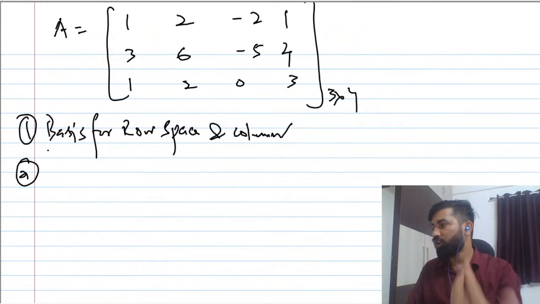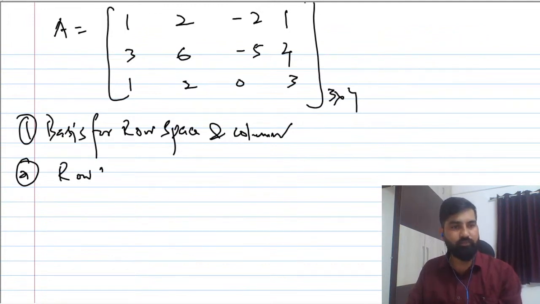सेकंड रो रैंक और कॉलम रैंक क्या आता है इसका, रो रैंक एंड कॉलम रैंक दोनों सेम ही आएंगे।